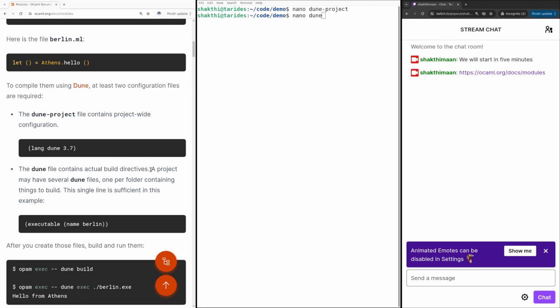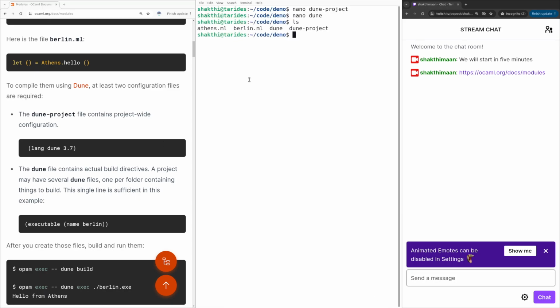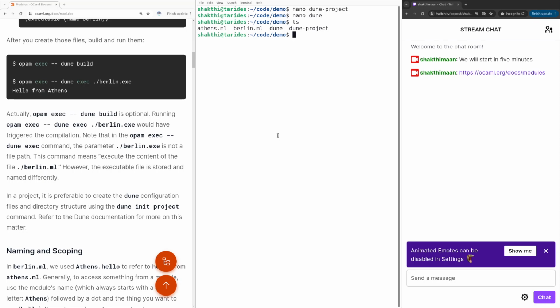A project can have multiple dune files, one per folder. It specifies how to build the respective folders. So in this case I'm going to just build the executable, and the executable is called berlin. Okay, so we have created athens.ml, berlin.ml, the dune file and dune-project. Now to build these modules, we have to run opam exec -- dune build. It compiles it. Now we can run it using